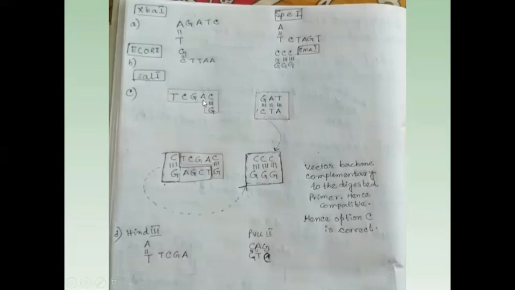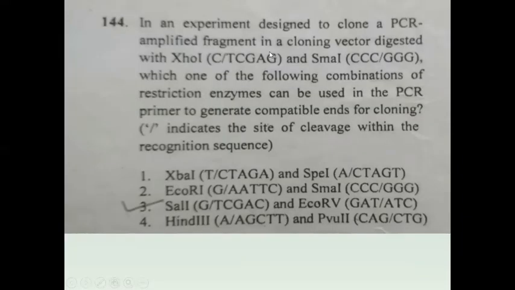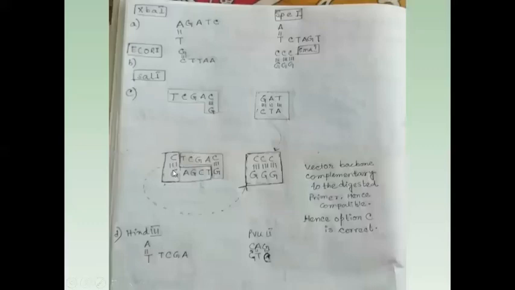So among them, and this is the vector backbone. From where I got the vector backbone, it was mentioned in the question. This is the vector backbone. This also I will write like that. C to G will be complementary and this will be overhang, and CCC, GGG. So I have only written C to G, and this is the overhang, and CCC, GGG.